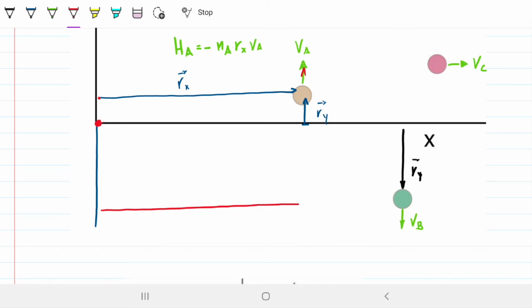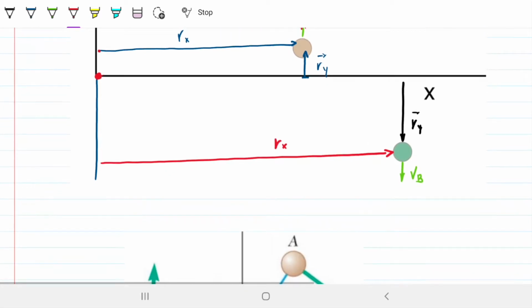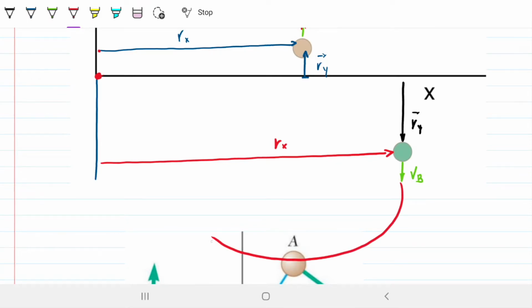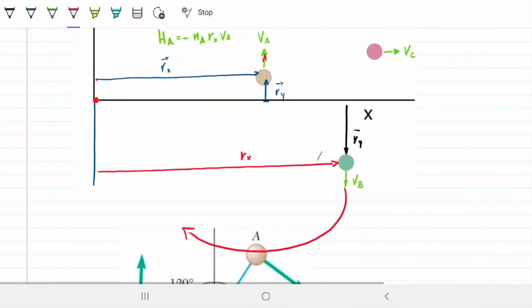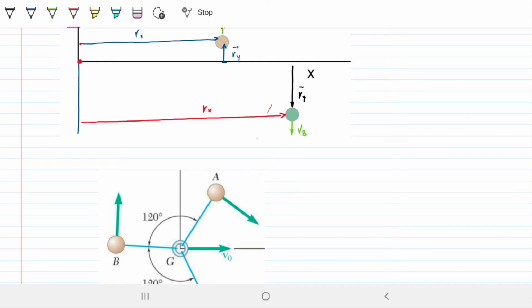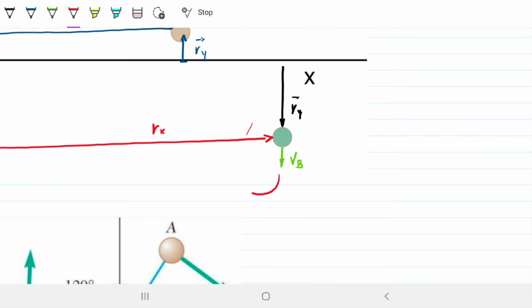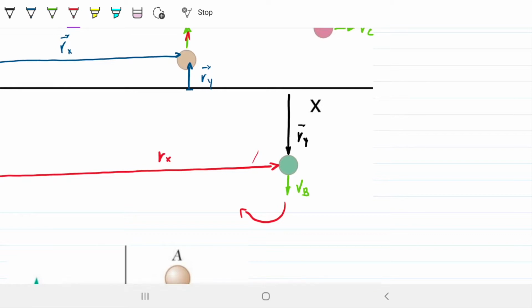However, if we take another string and we place this string here like so, this is going to be my Rx, then you can hopefully see that this guy is going to rotate like so, right? So it's going to rotate all the way. Let's zoom out so we can see this happening real time. So taking this angle, it's going to rotate around this guy here. Yep. So the angular momentum produced by this is counterclockwise,